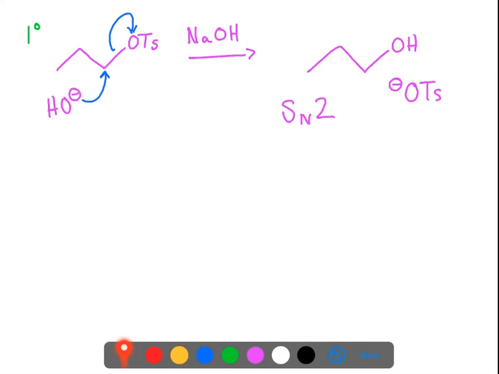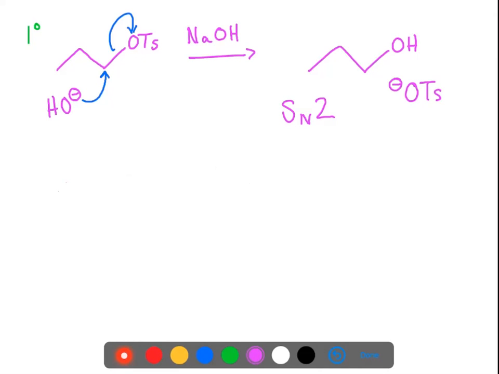Now there's no regiochemical aspects that we need to really concern ourselves with. We know that the nucleophile will attack the alpha carbon, and so that will give rise to this particular product. In terms of stereochemistry, we don't have a chiral center, and so we don't have to concern ourselves with whether or not we have inversion or retention of configuration. But if it were a chiral center, recall that it is the inversion of configuration that we observe for the SN2